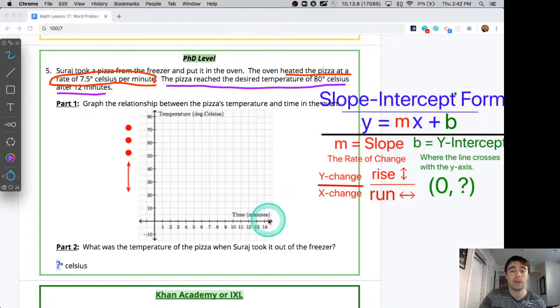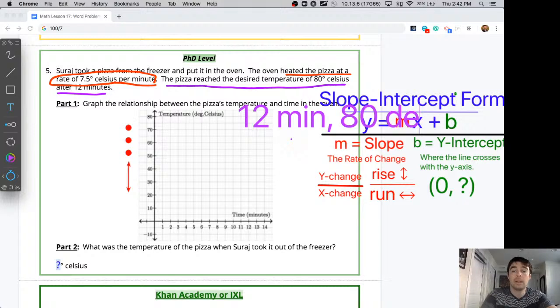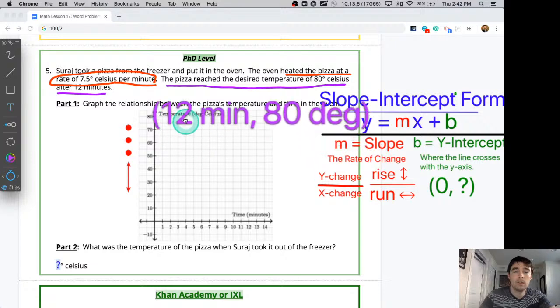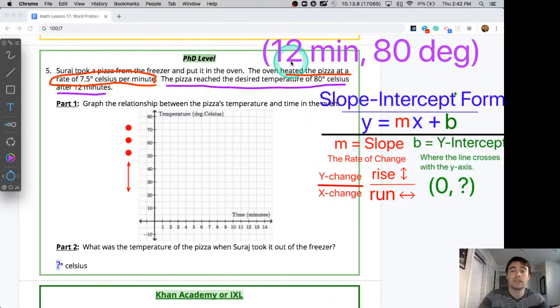And you see on the graph, x is measured by time. And this purple sentence is telling us, hey, when the time is at 12 minutes, the temperature better be at 80 degrees. Again, at the 12-minute mark, we better be at the 80-degree temperature. So for this graph, the first data point is going to end up at the 12-minute mark and the 80-degree mark. So I go to 12 minutes, I go to 80 degrees, and then I'm going to put a nice